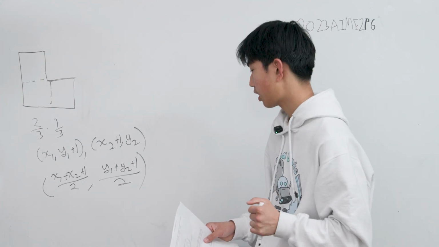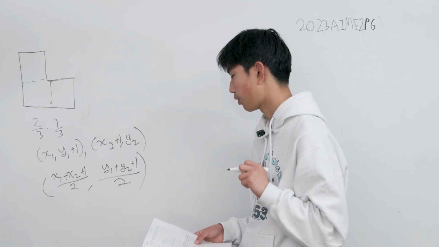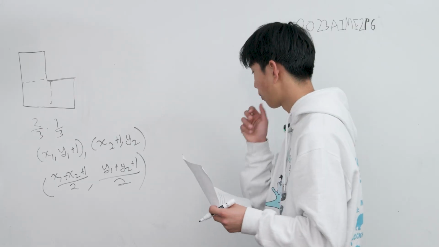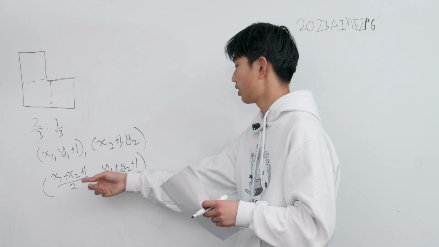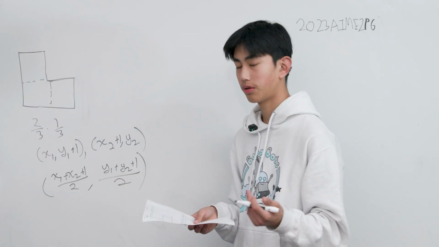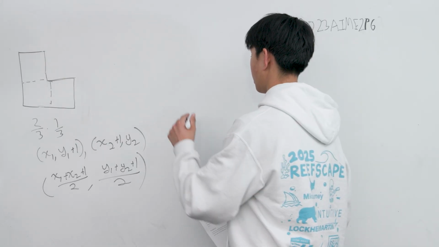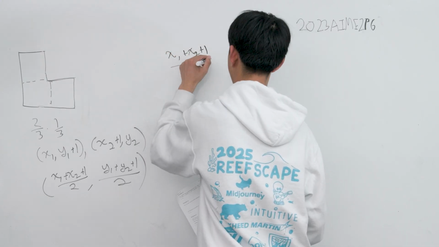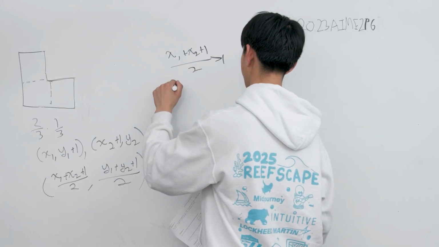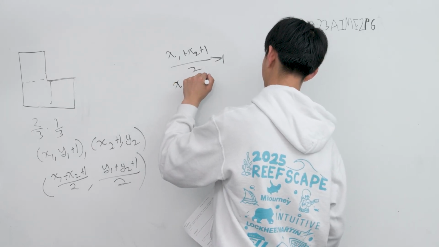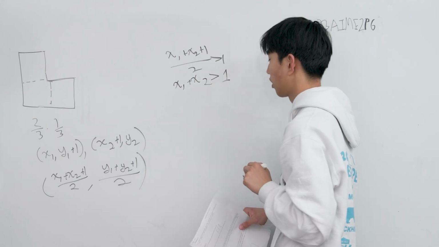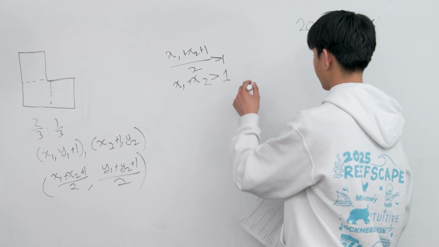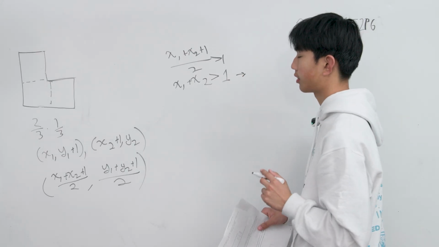And we know that x1, x2, y1, and y2 have to be between 0 and 1. And if they're between 0 and 1, that means that this, say, has to be greater than 1. So let's just set that as greater than 1. So if x1 plus x2 plus 1 over 2 is greater than 1, this simplifies to x1 plus x2 is greater than 1. So this brings us to the conclusion that this works for the midpoint being outside,